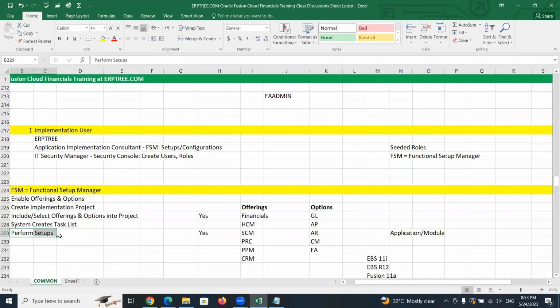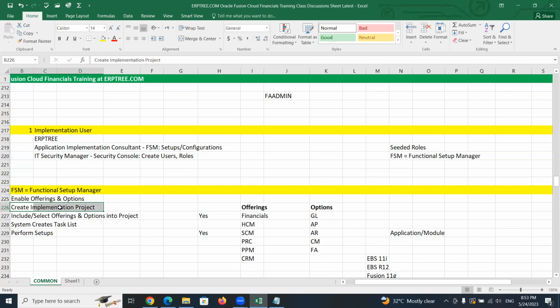This is what we have to understand. The first step is enabling offerings and options. After creating the implementation user, the very next step is, from FSM, Functional Setup Manager, to enable offerings and options. Once offerings and options are enabled, create an implementation project.